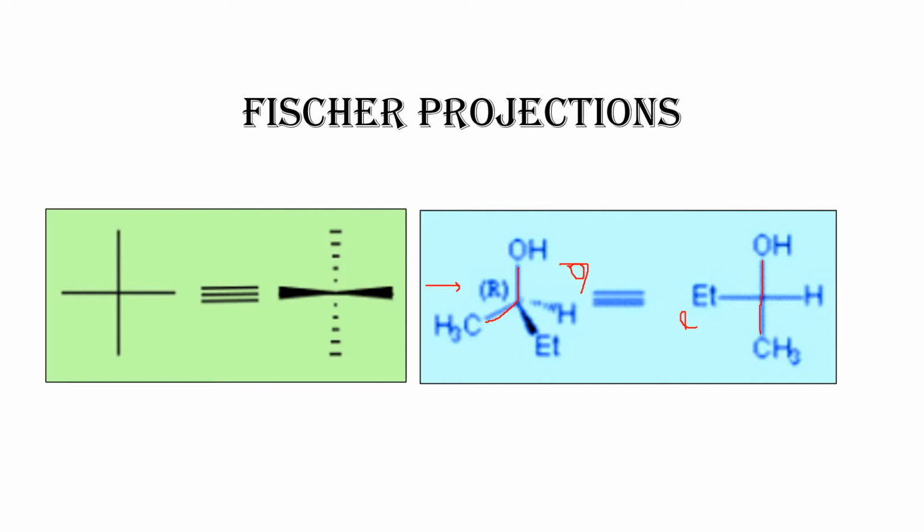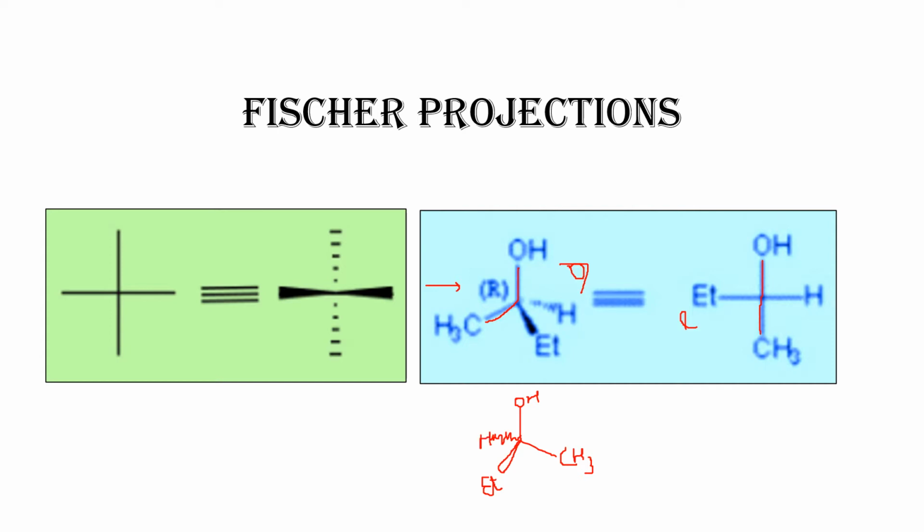For this molecule, I'll write it in another way and tell you how to do it. If you write like this, this is the solid line, this wedge line is here, and the dash line is here. Here as usual OH, here CH3. The writing will not be that good since I'm writing with the help of a mouse; that facility is not there in this PowerPoint. Anyway, I'll try to explain in this manner.